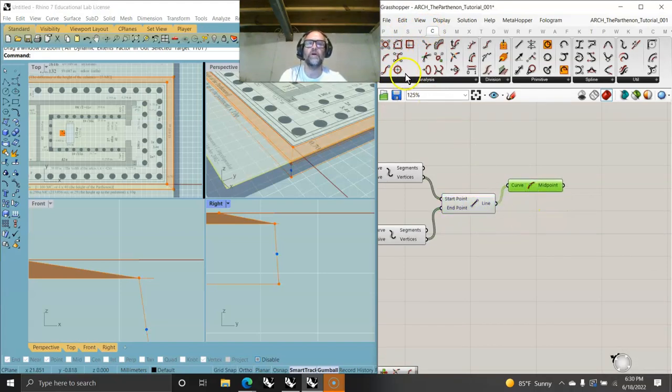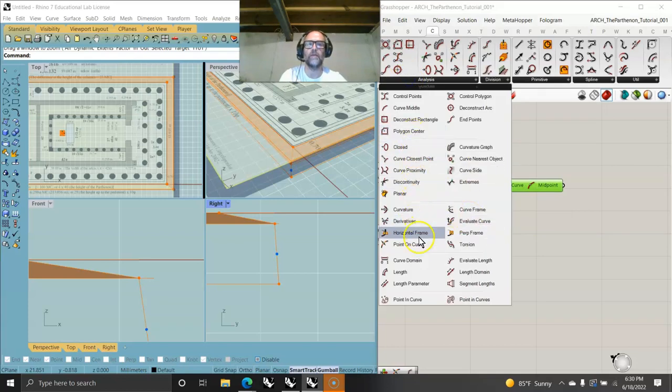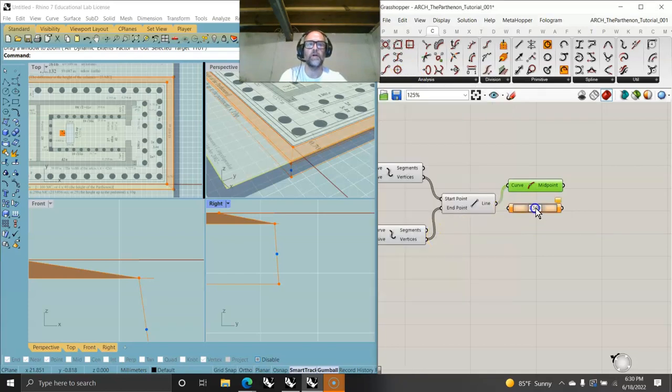Maybe I'll do point on curve, which is kind of interesting why I would do that. Point on curve is going to allow me, it's kind of an interesting function, to find a point as it moves through here. And I think I will use that one because that as a midpoint can then be moved away